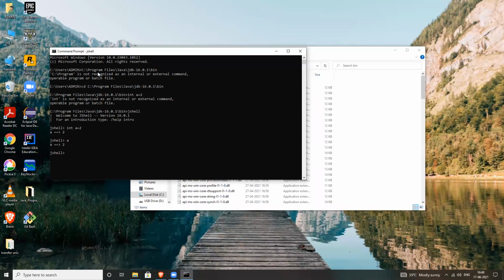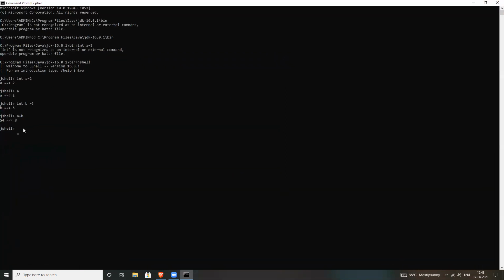You can assign, you can try with string data. Take a string value. Yeah, correct. So what is this symbol? It is showing you that you are running at line 4. Your output is at line 4, meaning this is the output of instruction 4. You can see instruction 1 is integer a is 2, instruction 2 is a is 1, int b is equal to 6 is instruction 3, and a plus b is instruction 4.